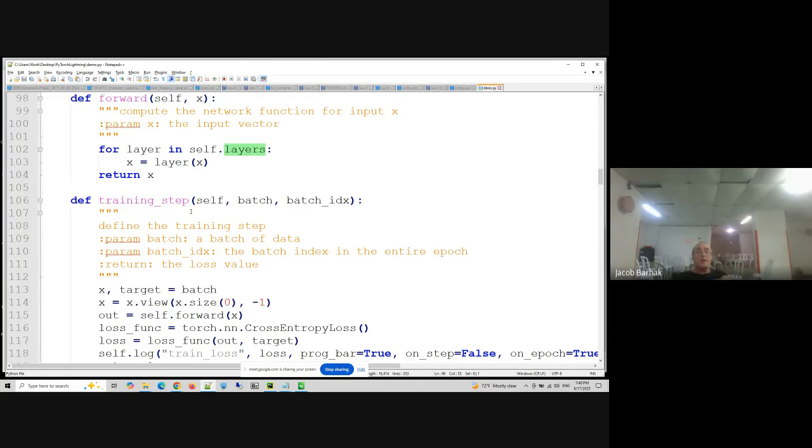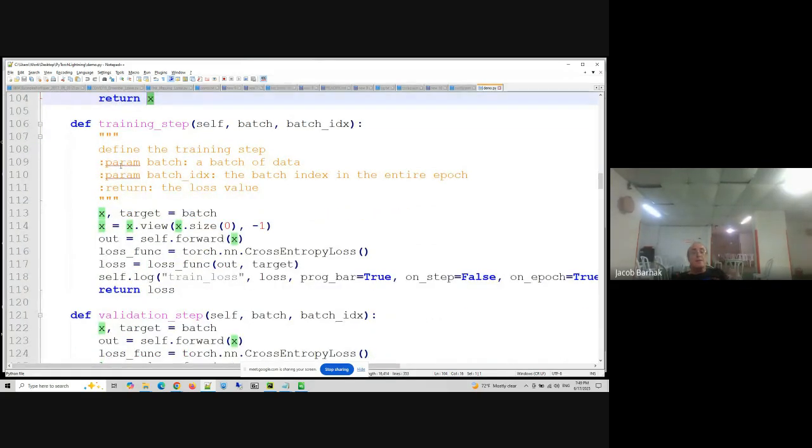Forward takes the data X and runs it through the network. For each layer, it applies the layer on X and gets a new X, then does the same for the next layer, and so on. Basically, it propagates the data through the layers until you get the output data, and X is returned for you.